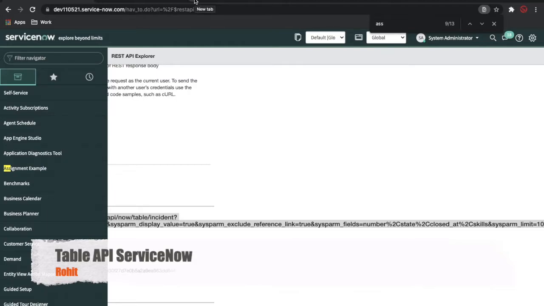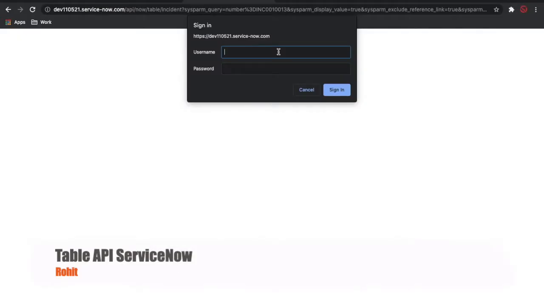In our case, I am just opening a new tab and hitting that, and you will be able to see all the data in my browser only. Once I hit that, it is asking me for a credential. You might need to put a credential for the third party. For example, you can create a service account for them, and then pass the credential.